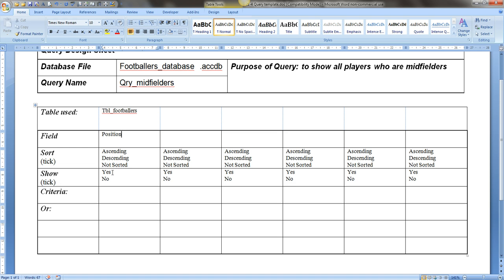Now I'm not including the position in the output because my query is called midfielders, so there's no point in my answer saying midfielder all the way down the results. So in the show I'm going to change it to no, I don't want to see the position on the end result, and in that case sorting is not applicable because I'm not going to see it in the answer. So position is the one that I'm running the query on, so what is the criteria? Equals